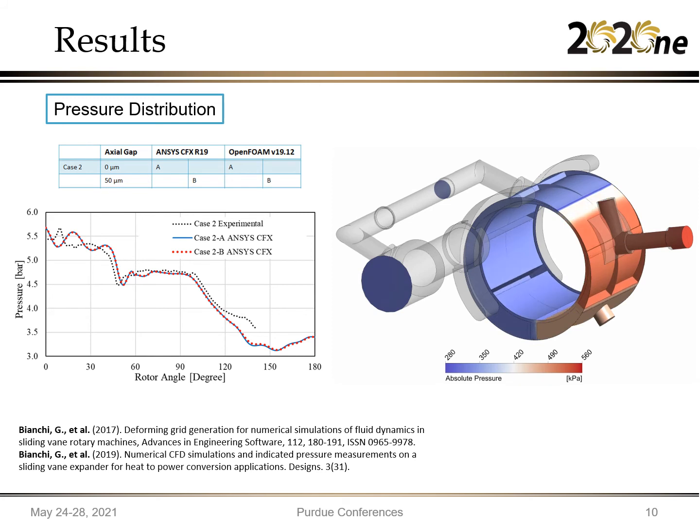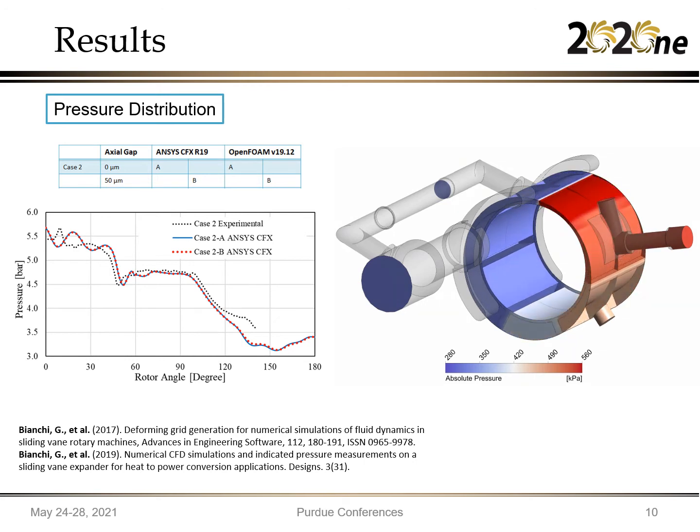Discussing the results, first we present the pressure distribution in the working chamber of the expander with the ANSYS CFX solver. Here you can see the experimental data is the dotted black curve, which is compared with the blue and the dotted red curve, which are the 2 cases from the ANSYS CFX solver. A very close match is obtained in the initial filling process of the expander, followed by the pre-expansion, and also during the expansion process, followed by the discharge.